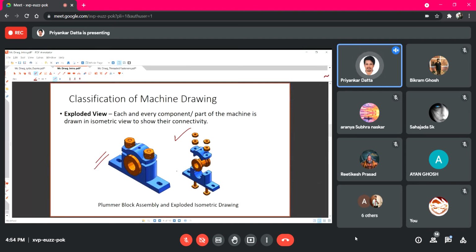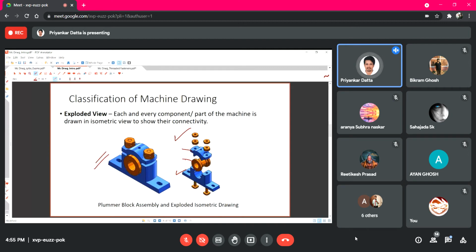Say, if we have the dimensions of the base, we can separately create this base, then we can create the bush, then the top cap, and these bolts and nuts are easy to create, and then we can bring them together to see how they can be assembled with each other, and also see the exploded view quite easily, right?